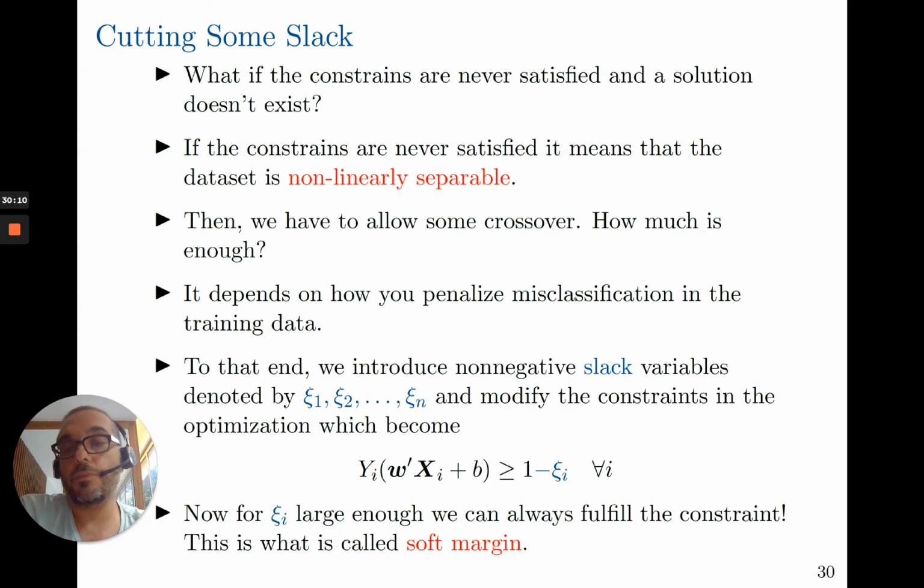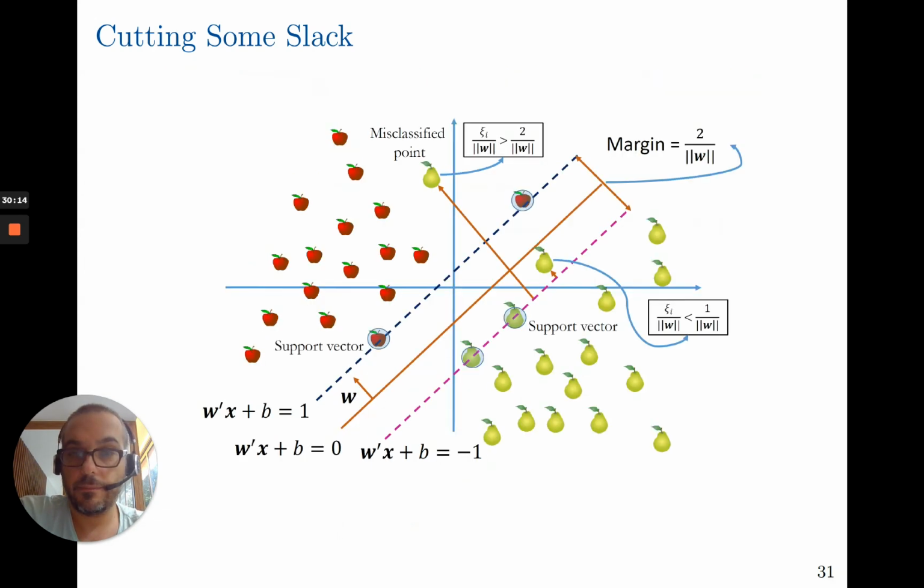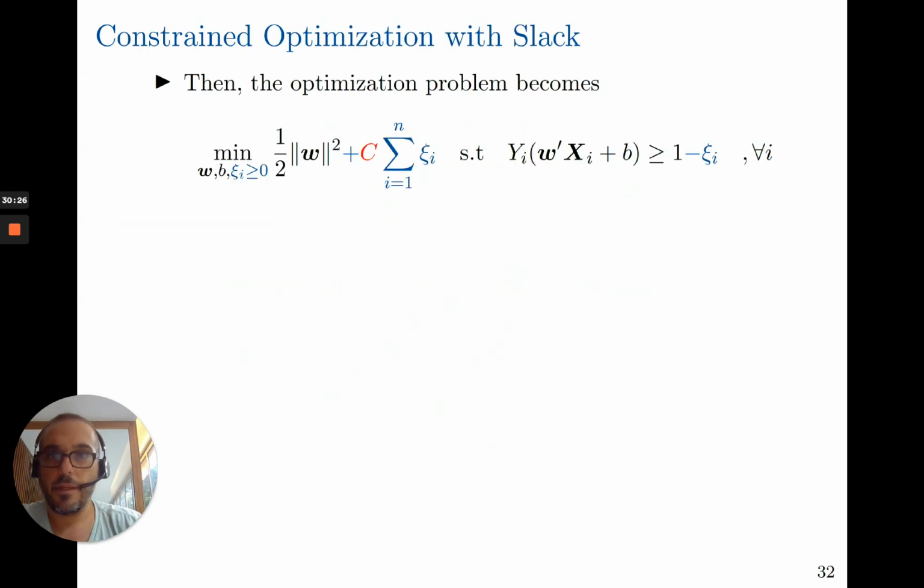So this is what we call the soft margin classifier. Here we clearly have a misclassified point, and with the slack, now we have